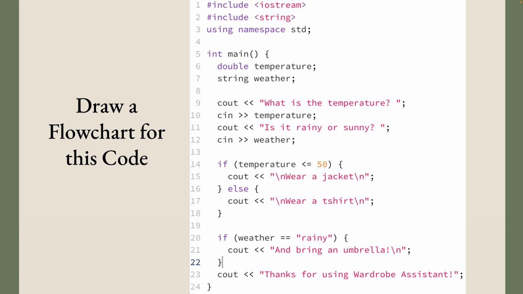So it's saying that if temperature is less than 50 degrees,